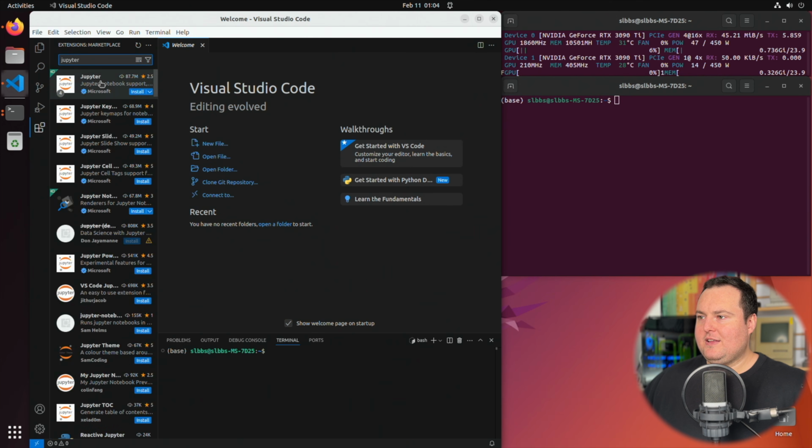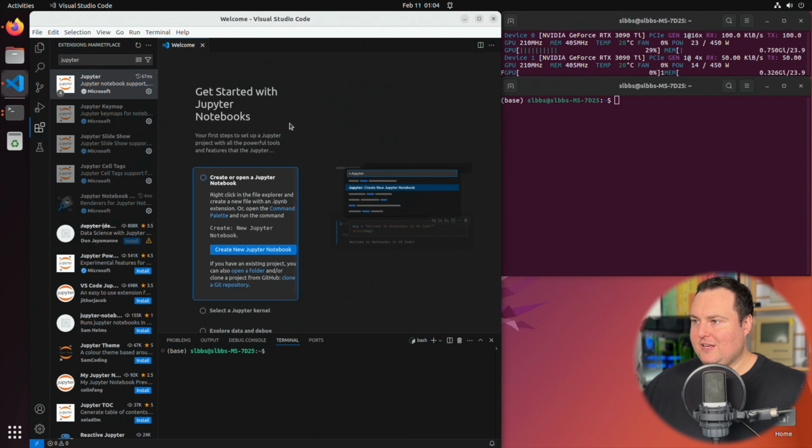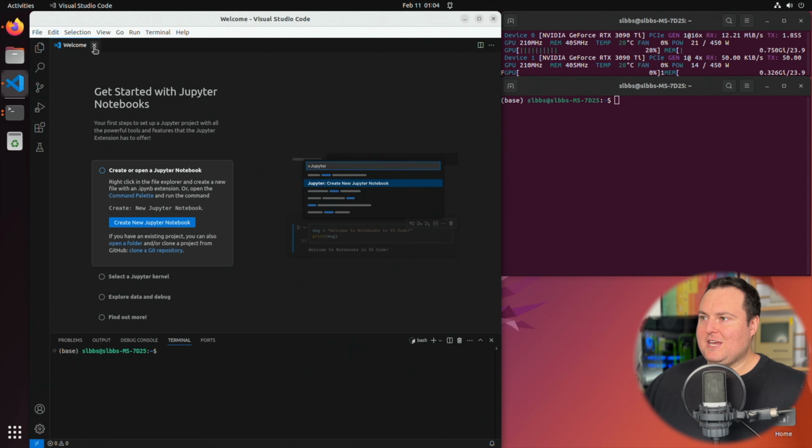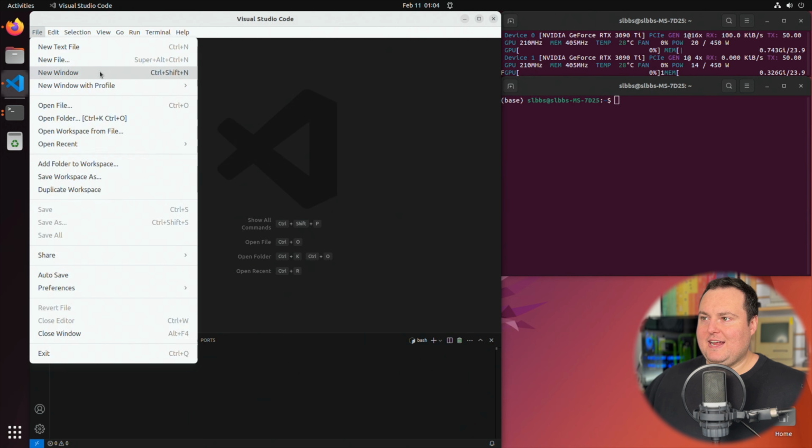And we will see that this pops up right here. In order to install it, we can just click this install button and it will install it into our VS Code as an extension, if you will. And we now have that all set. So we can click this button again to close the extensions pane, and we can also close this. So now we are going to open the downloaded notebook file,